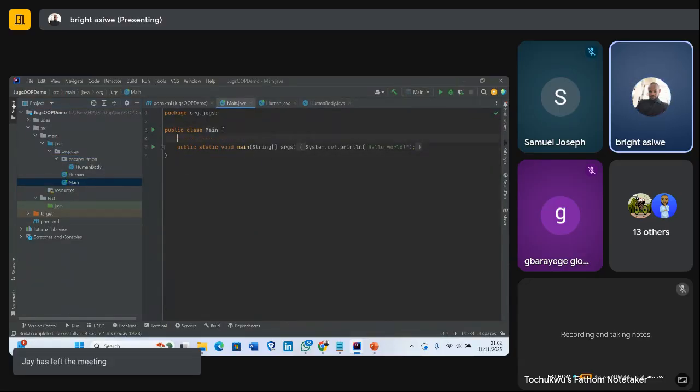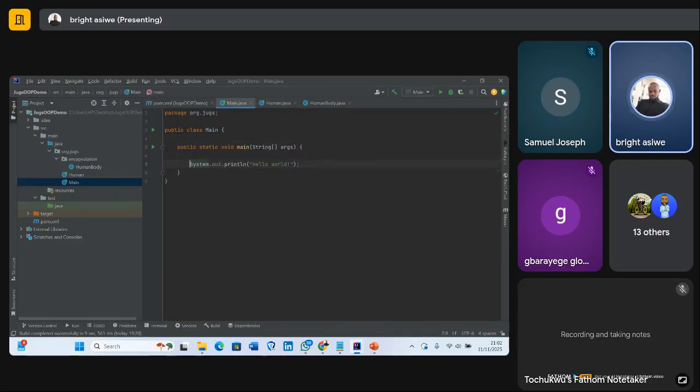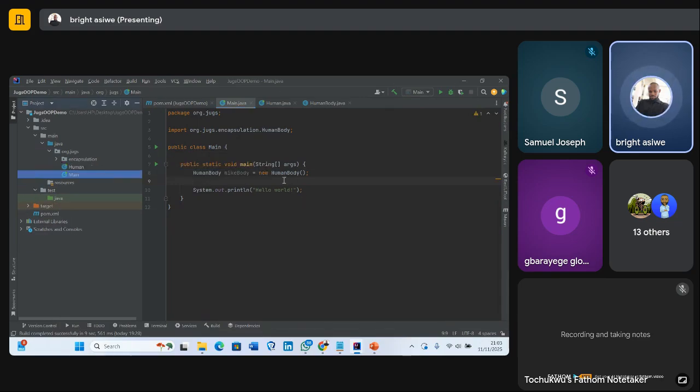and I bring in this human body here. Let me just quickly do that. So, new human body. Good. So to just quickly show the whole private something. Are they in the same package? I don't think they're in the same package. So let me say